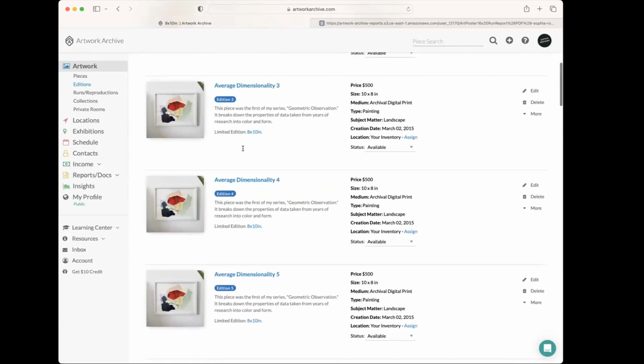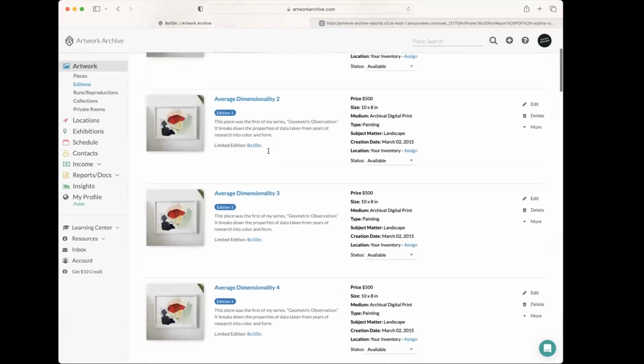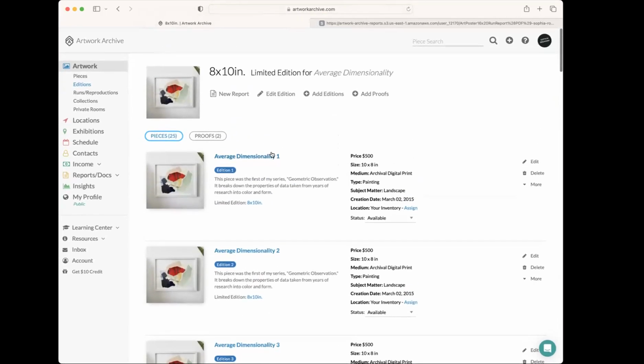So once you're finished with all of that, you can see the editions are created and each one has its own piece record. You can also create reports within each edition set. So I can create an inventory report with all my editions and proofs. I can create a portfolio page with all my editions and proofs. I can also create a catalog page with all of these. So if you're looking to create a portfolio and send along, this is really great for photographers, for ceramicists, sculptors,